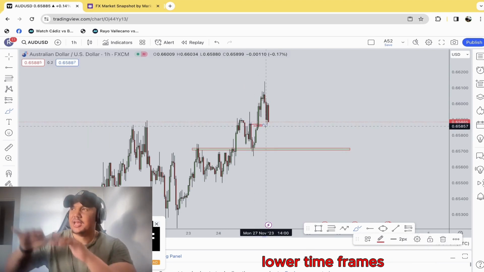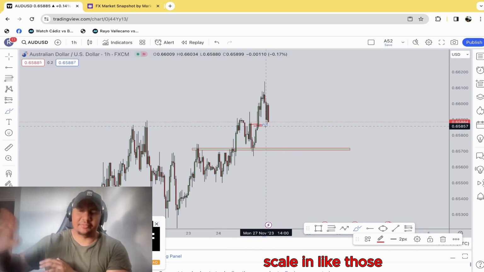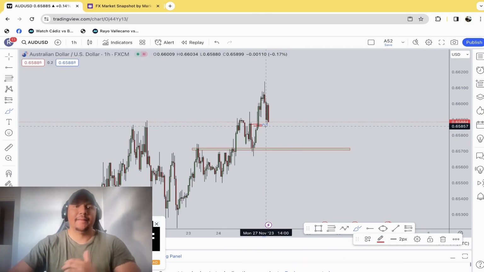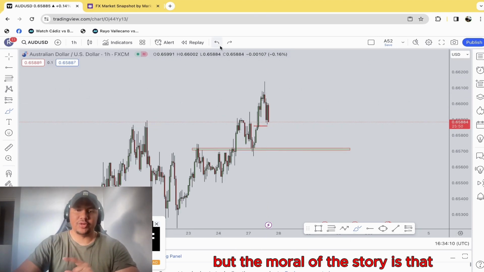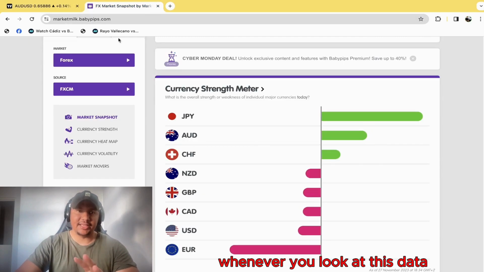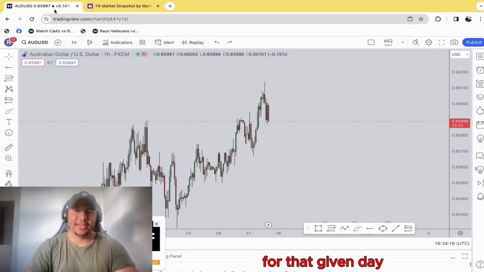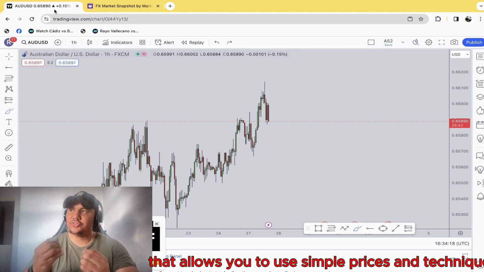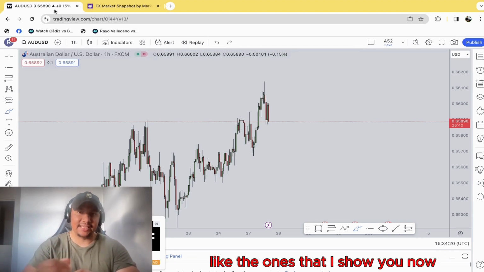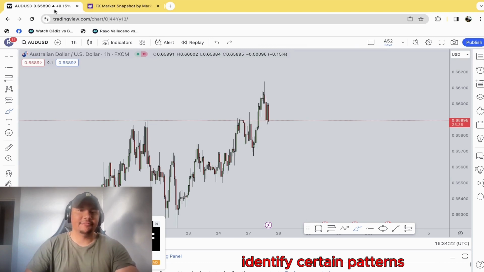Lower time frames, scale in, like we're going to scale in. But the moral of the story is that whenever you look at this data, it will give you the overall direction for the market for that given day. That allows you to use simple price action techniques like the ones that I show you now. Identify certain patterns or just use